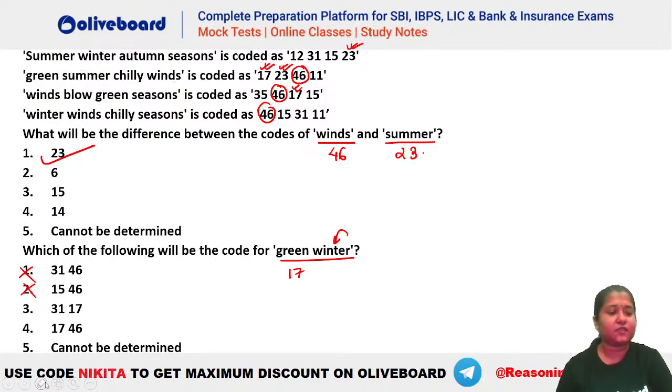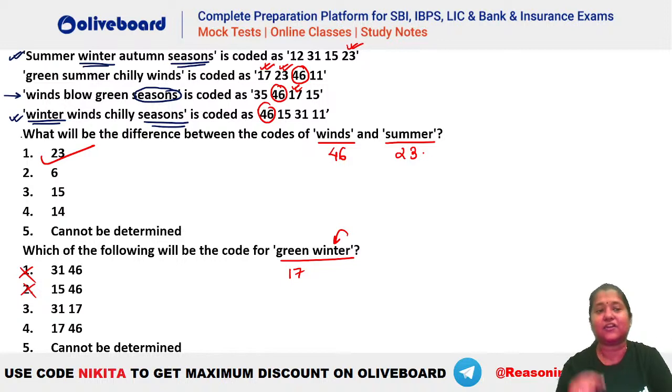Let's see. अब विंटर का कैसे निकालोगे? Where is winter? फर्स्ट वाले में है विंटर, सेकंड वाले में नहीं है, थर्ड वाले में भी नहीं है, फोर्थ में है, right? So you can see it is there in the first and fourth. If you compare the two, you can see we have summer, winter, autumn, seasons, winter, winds, chilly, seasons. So seasons is also here, right? Seasons भी है, but seasons is here as well, right? Seasons आपका इसमें भी है. मतलब हमें एक ऐसा नंबर ढूंढना है जो इसमें है और इसमें नहीं है, right? It should be there in the first one, it should be there in the fourth one, but it should not be there in the third one, right?